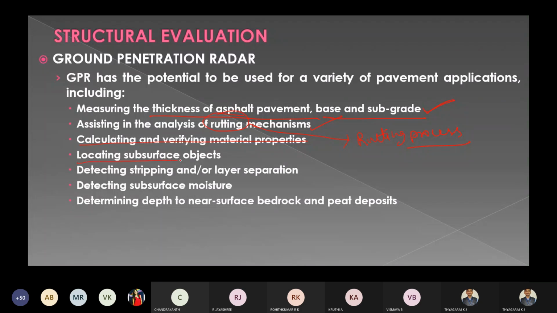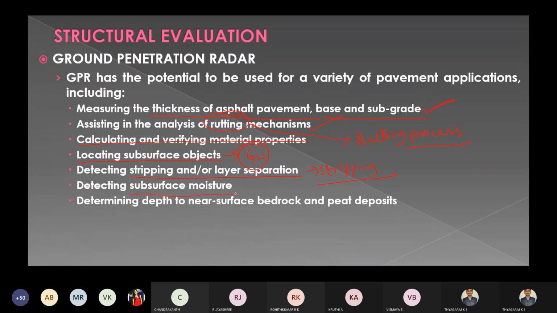Then locating subsurface objects, like groundwater. So groundwater can be located using this GPR. Then detecting stripping, overlay or layer separation can be done using this GPR method.